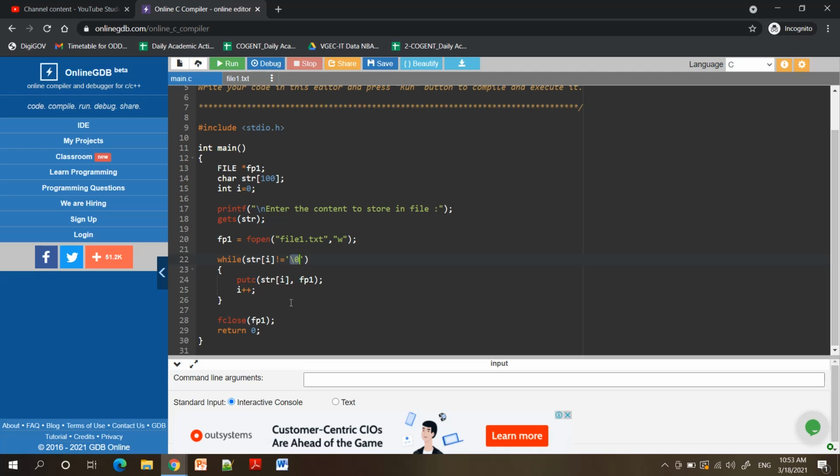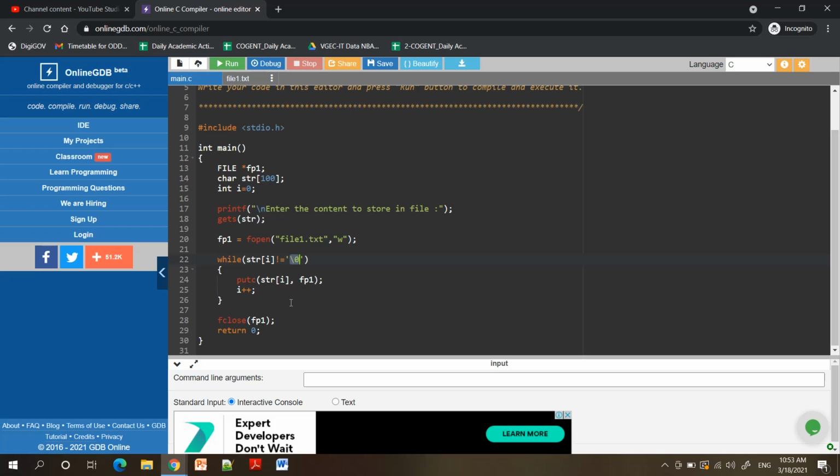So we will be taking one character from the string and writing into the file, another character from the string and writing into the file, and this is to be repeated until you reach the null character. So we have written here str of i is not equal to null. It means this particular loop will be executed until you reach the end of the string.